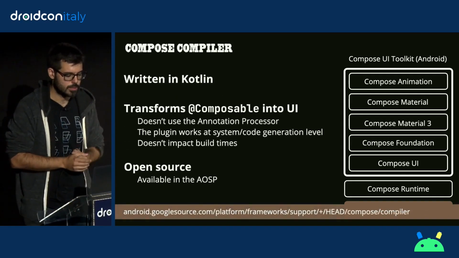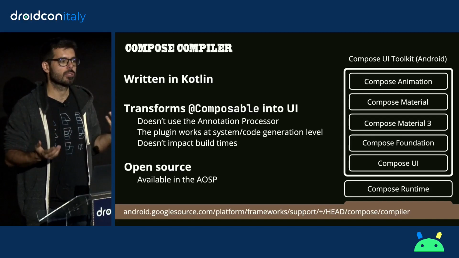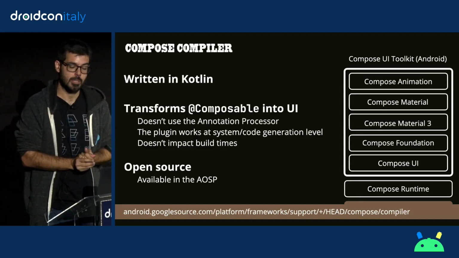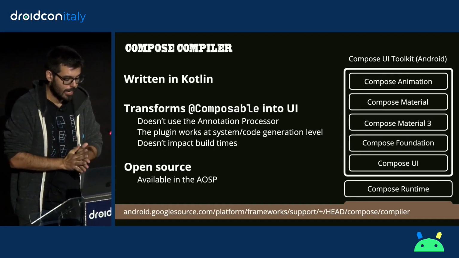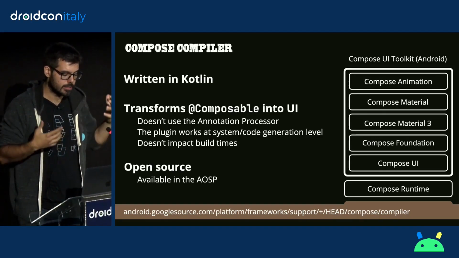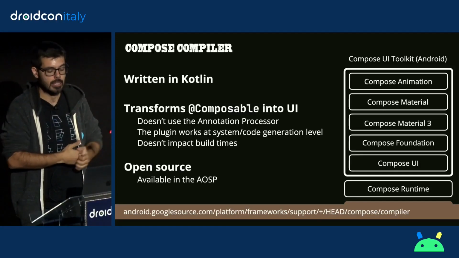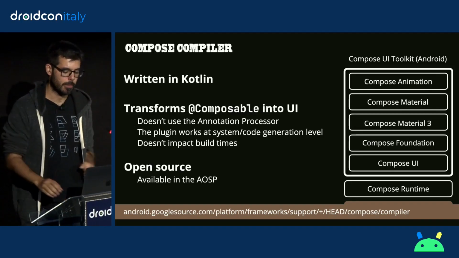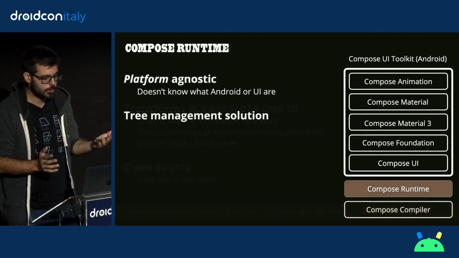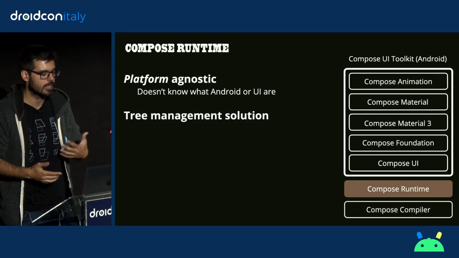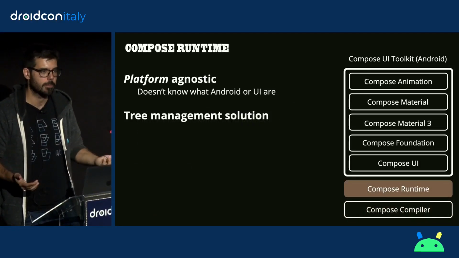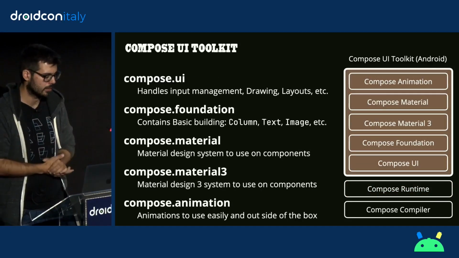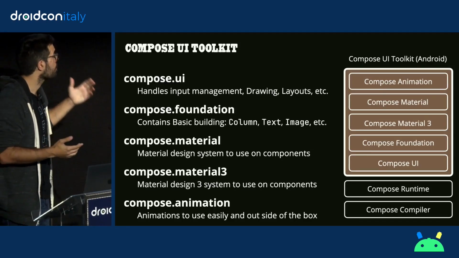If we start with the compiler, it's written in Kotlin. If you have trouble sleeping, you can look at the source code on this link. You're going to have more trouble sleeping. It doesn't use the annotation processor. It transforms the composable annotations that you have into UI, it doesn't impact the build times, and gives you freedom from XML. You also have the runtime. You can see it as a tree management solution. It doesn't know what UI is. It's completely platform agnostic. And then you have this Compose UI Toolkit that Google and JetBrains created,